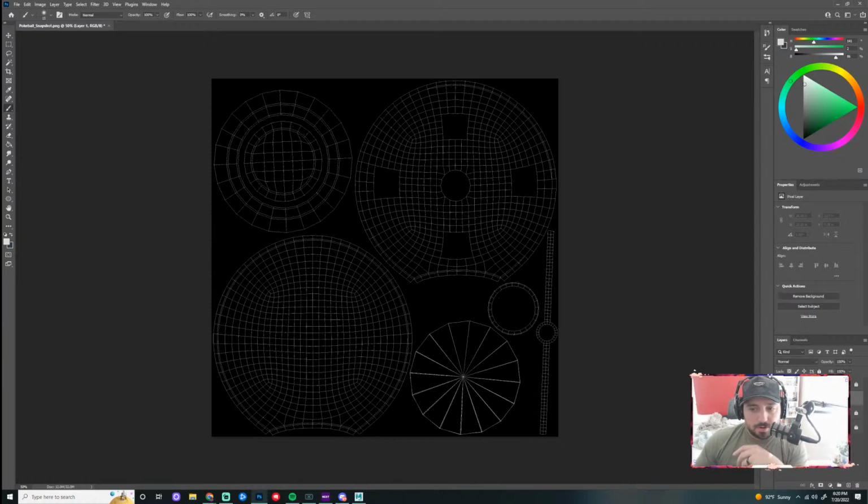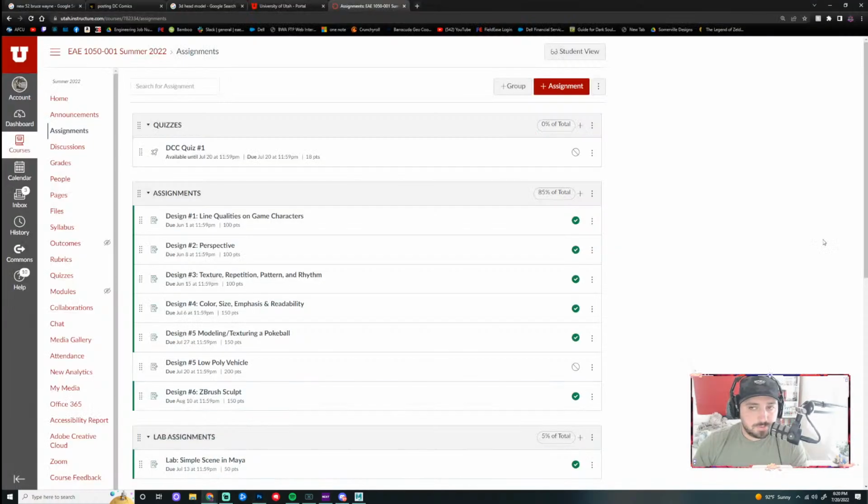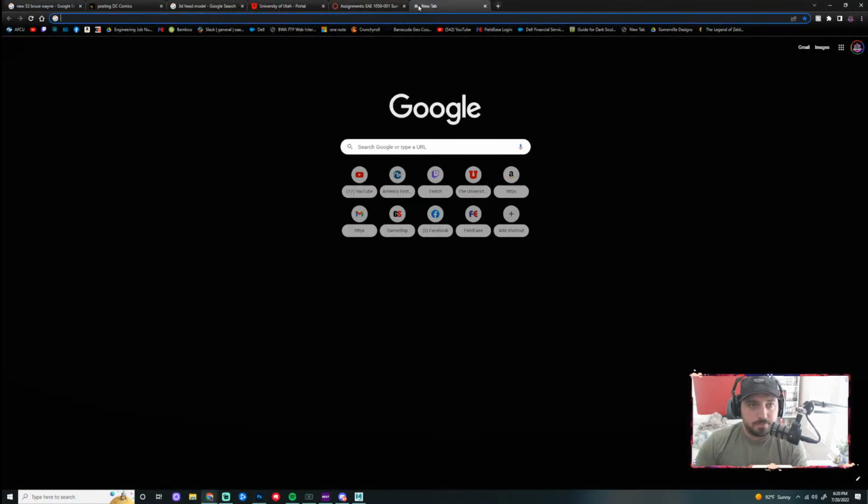So now I can come in here, and this could be maybe my base color. It's also not a bad idea if you're painting something from a reference. Like I think I want to make this kind of look like a Bowser Pokeball. So if I come in here and find like Bowser's colorway or something.